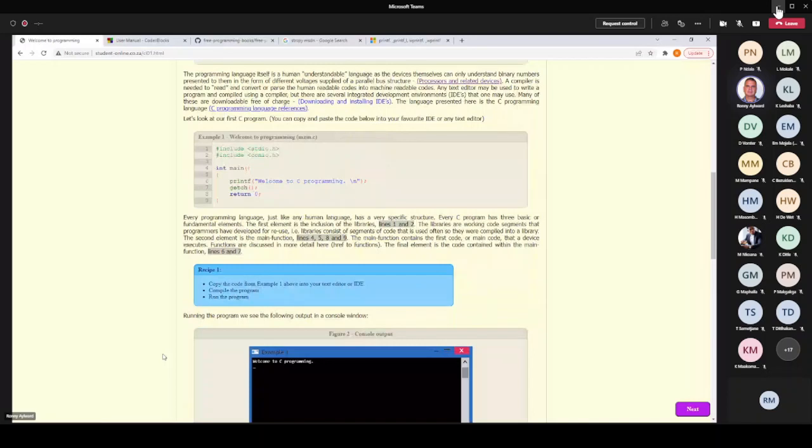And here it explains the hash include and why it is there, and the conio and why it's there. So it's explained in detail. Just read it and make sure that you understand. So go through the stuff on the website and make sure that you can answer all these questions, and then you should be fine for next week.